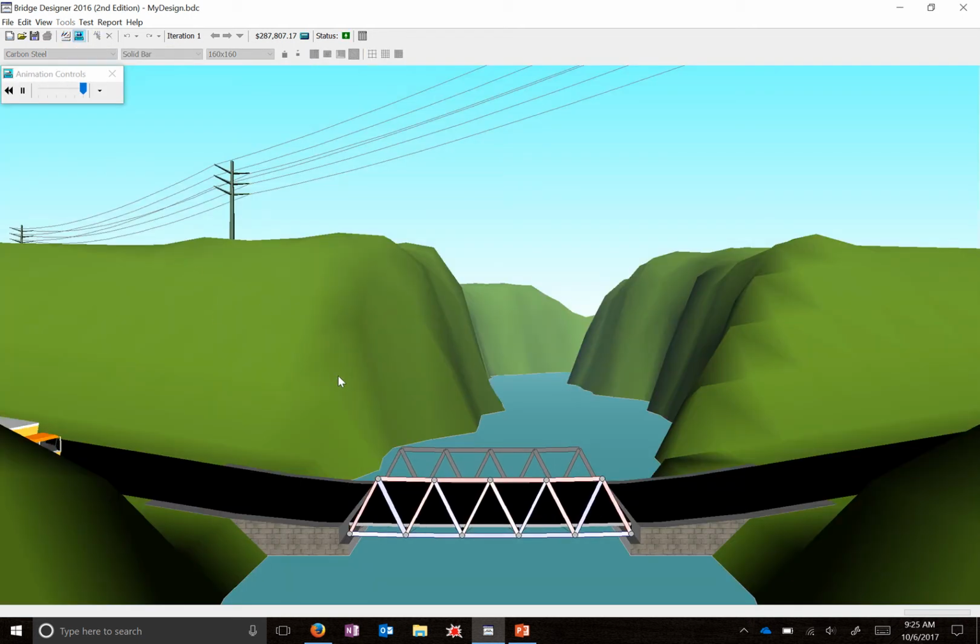We'll see an animation that shows the bridge kind of pink and blue as the truck drives over it. Pink are compression forces where the bridge is being squeezed together. The blue are tension forces where it's being pulled apart. And as you can see, the truck drives over it very well and the bridge holds up. Now we're going to go back to our drawing board,